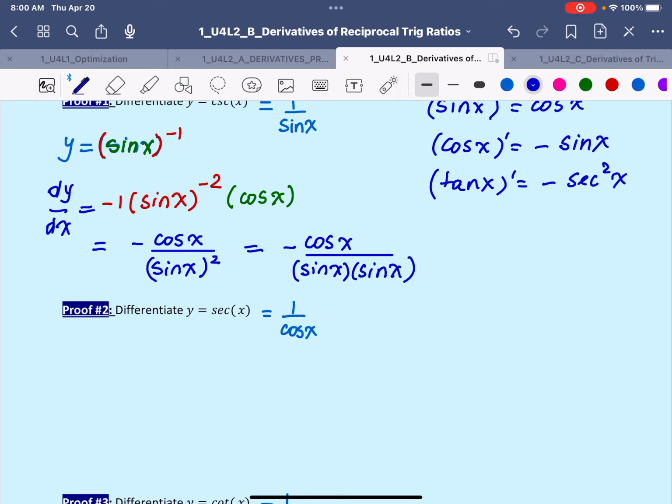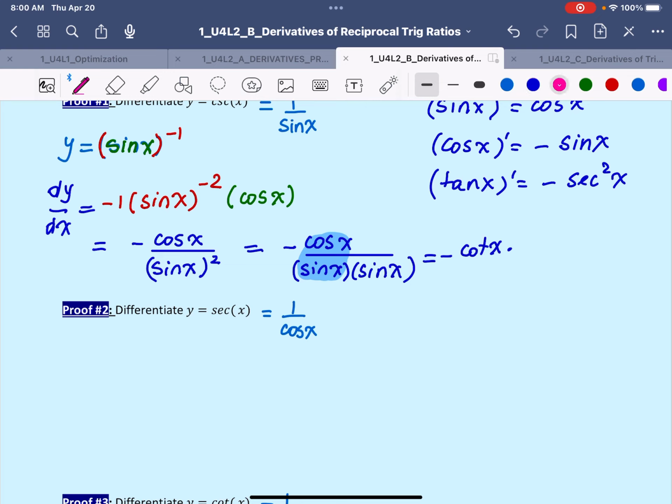So as you can see in here, we can combine the sine and the cosine from numerator and denominator into cotan x. So this would be negative cotan x, and then multiplied by,